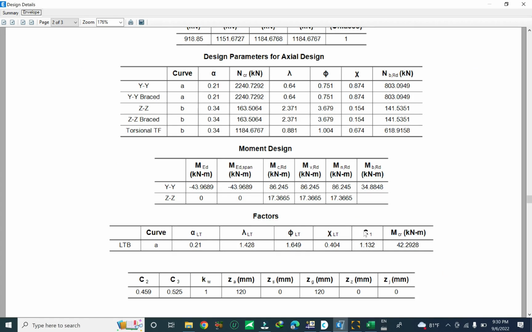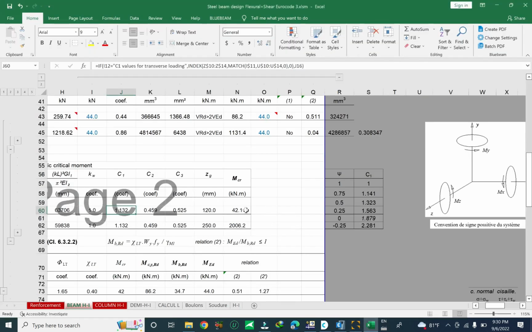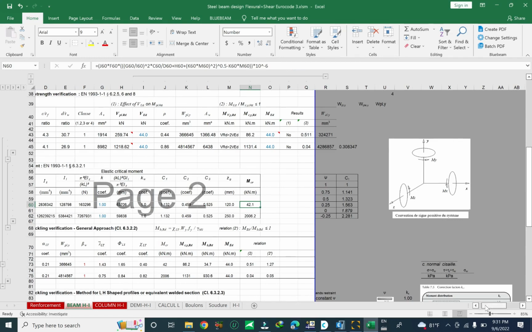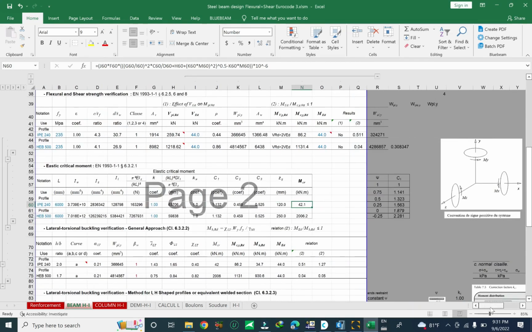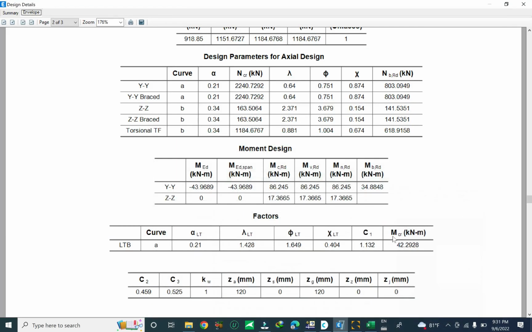Okay, you see the result of C1 is 1.132, and MCR is equal to 32.26. Now let me check my MCR. This is my sheet design: 32.1, and in ETABS it is